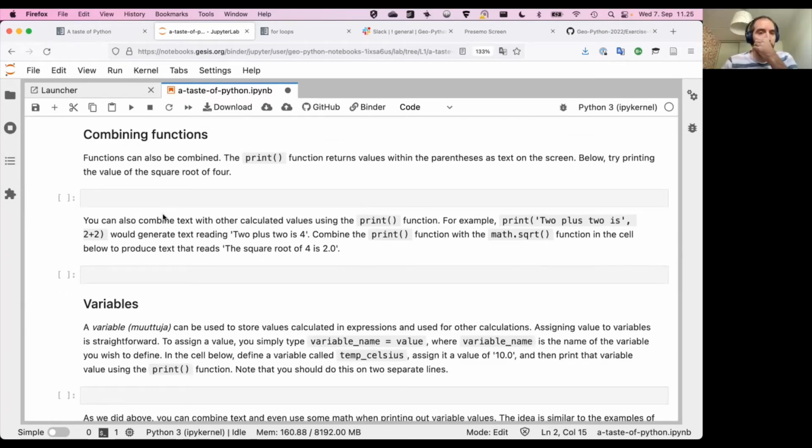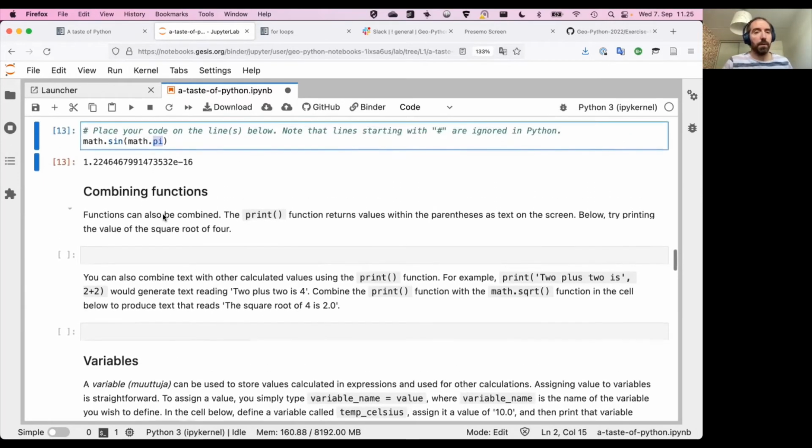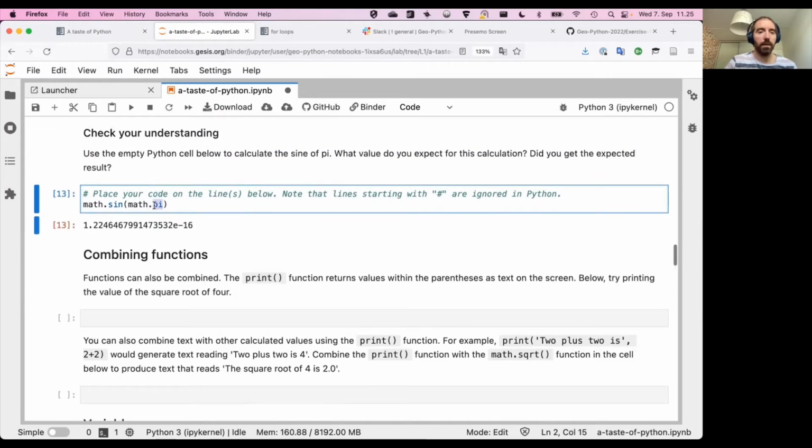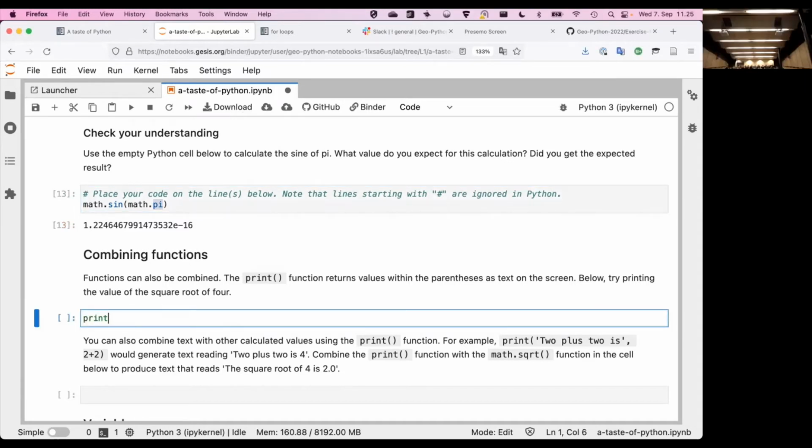So we saw an example here of how to use what's called an attribute value, which is math.pi. Pi is an attribute of the math library, and it's a number in this case. But we can also combine functions. If we wanted to, for instance, print out some kind of value using the print function, we could use our print function, which is simply print. And then inside there, we could do something like